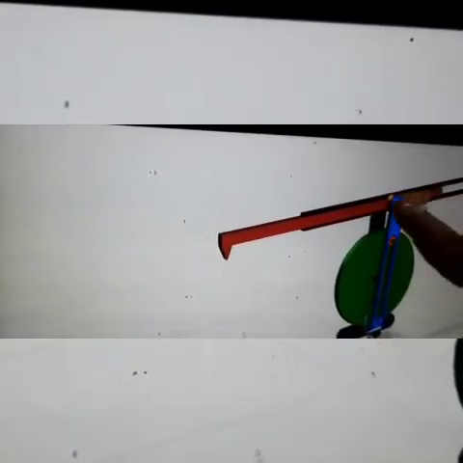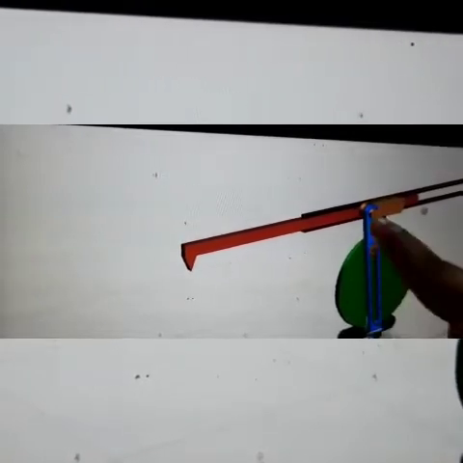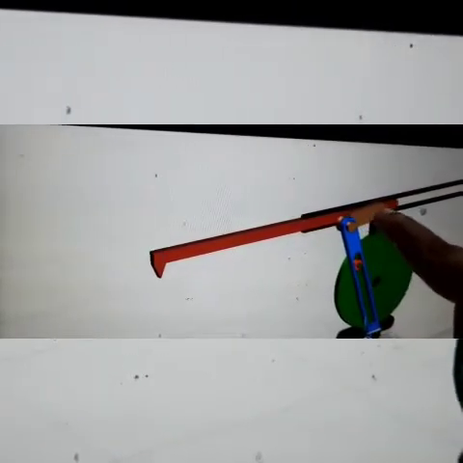This you can see here, this blue link, this is the slotted portion, and inside the slotted portion this slider is moving. You can see here this red link, so it is moving inside the slotted bar, and this slotted bar is oscillating about this fixed point. And you can see here, this is the connecting rod, so this connecting rod is also moving because of the oscillation of this slotted bar, and this connecting rod is attached to the ram, and this is the cutting tool, so this ram is reciprocating.